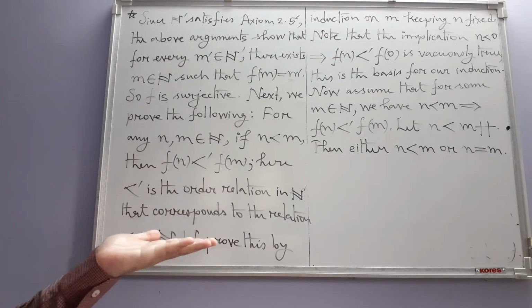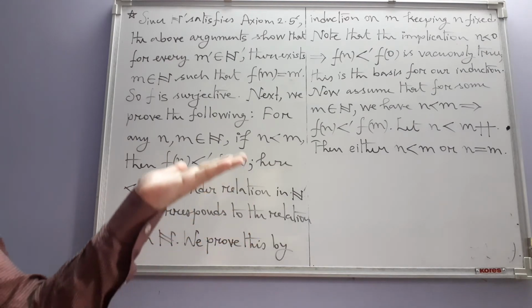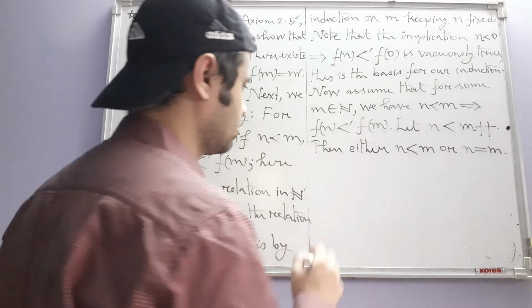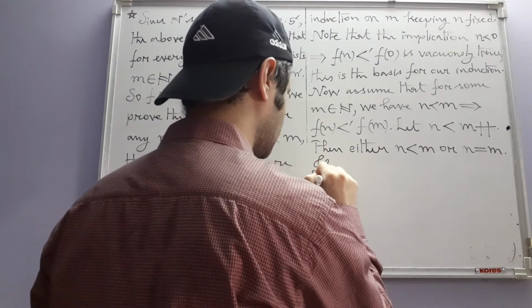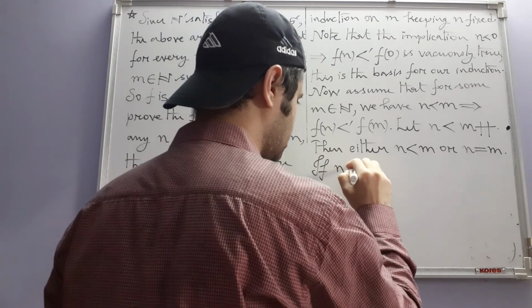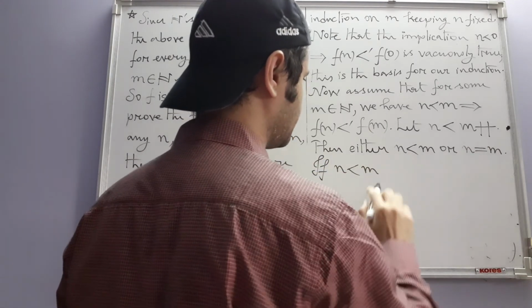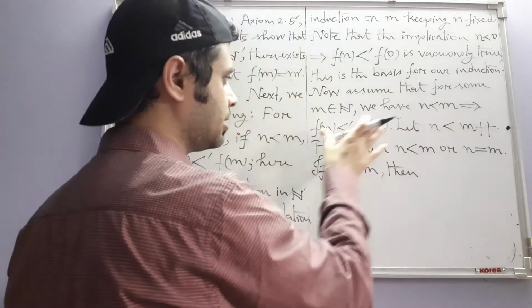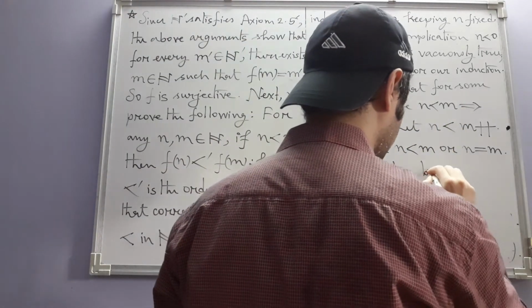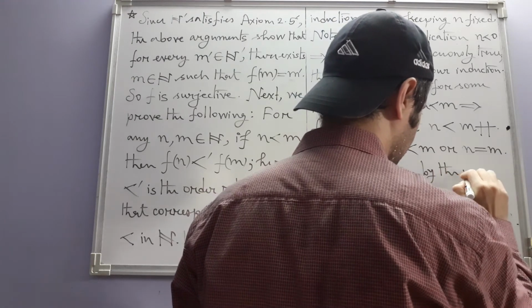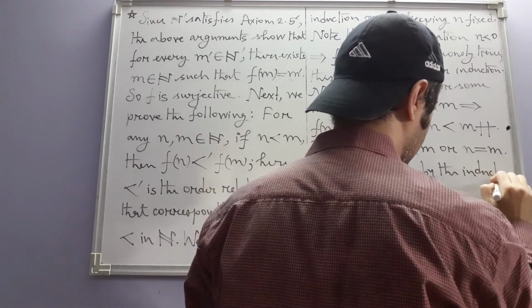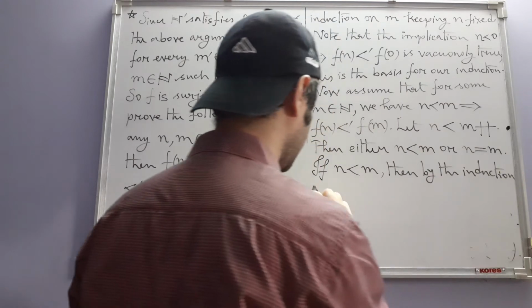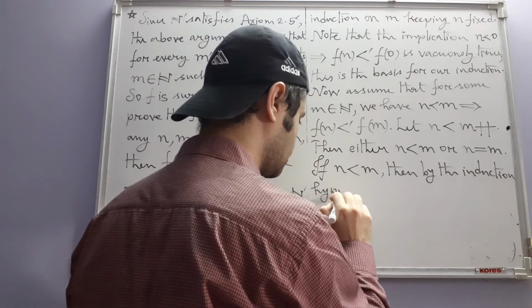So either it is strictly less than m or it is equal to m. If n is strictly less than m, then by the induction hypothesis,